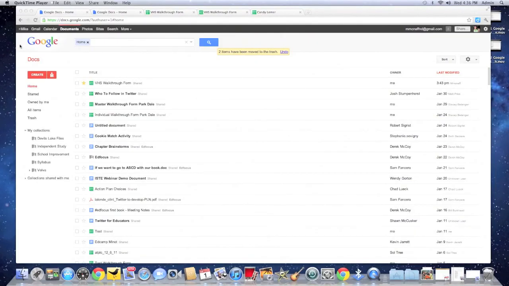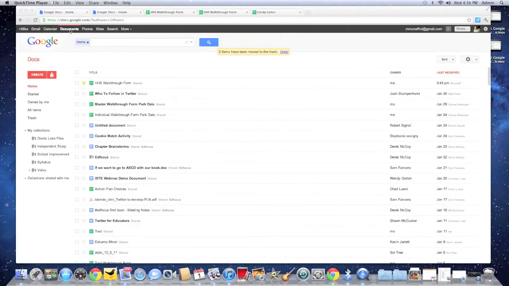Log back into Google Docs, and I'm at my Documents screen, and if you're wondering where that is, it's up on the top left of your screen. You're going to click Documents. Everybody should have this, and then I'm going to want to go in and create a new document. I'm actually going to create 2 new documents. So if I click on Create, I'm going to find Spreadsheet,